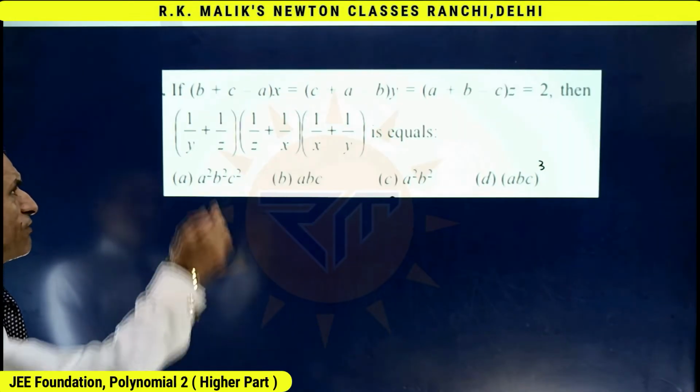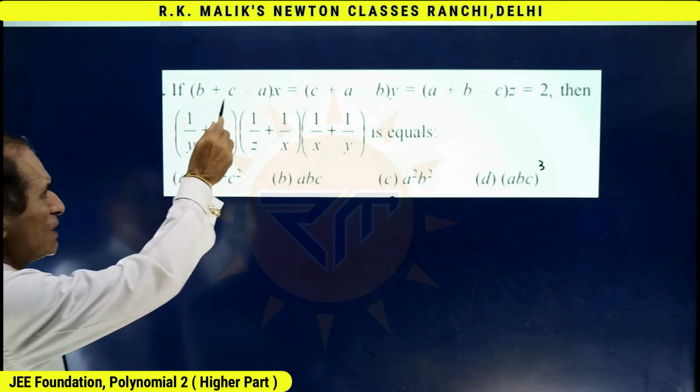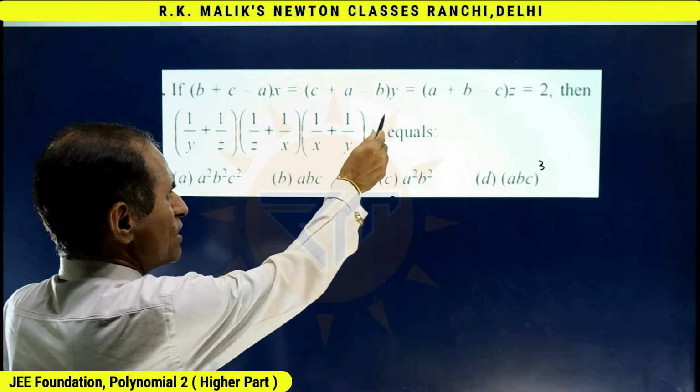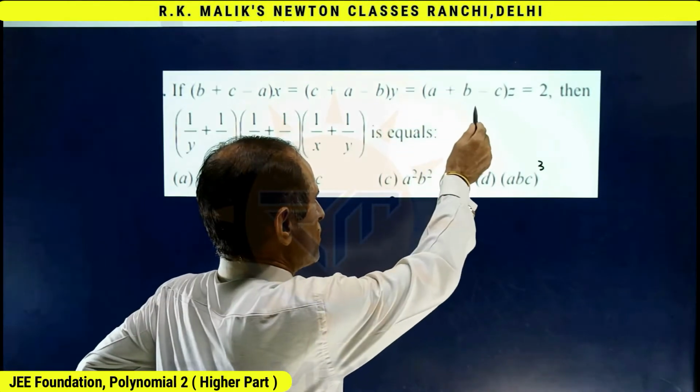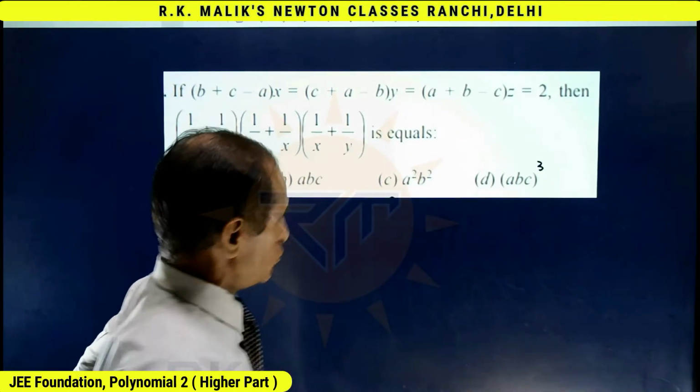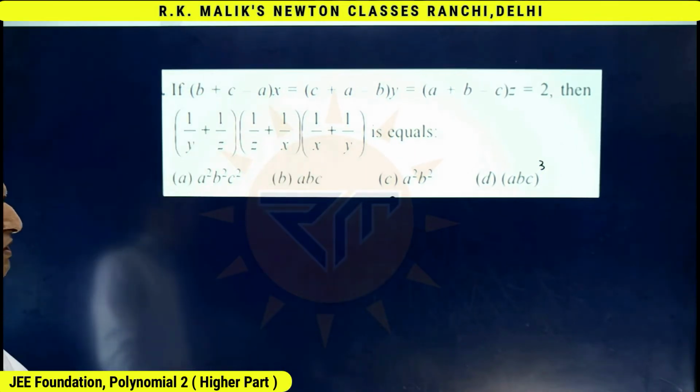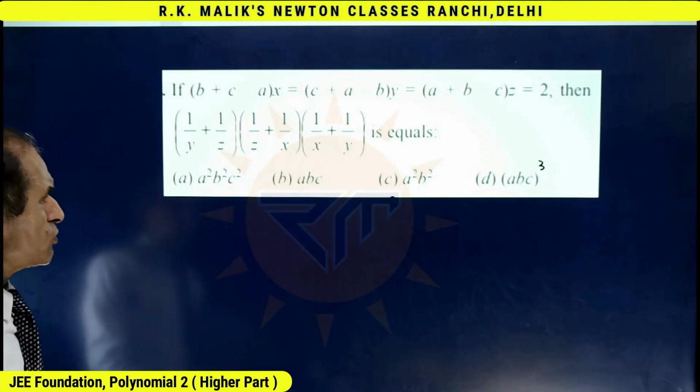In this question, it is given that b plus c minus a into x is equal to c plus a minus b into y is equal to a plus b minus c into z equal to 2, then find the value of this. First, I will do this question by the normal way. Then I will do this question by the smart way. The normal way of doing this question will be